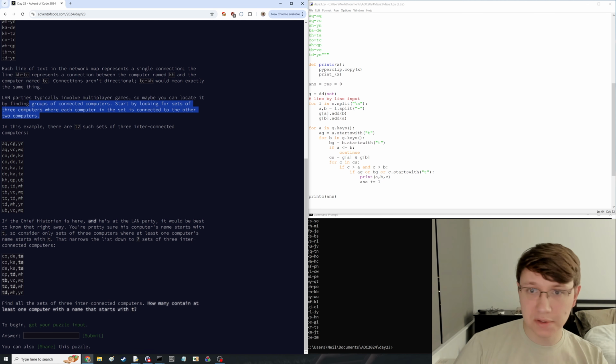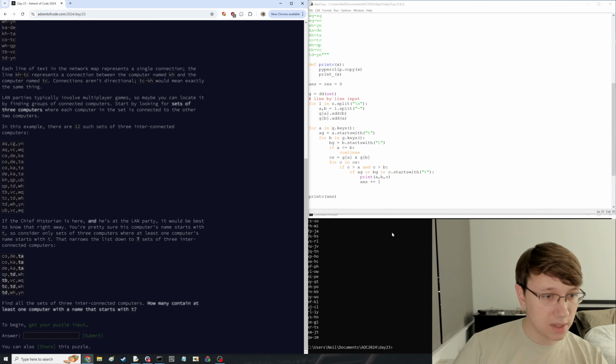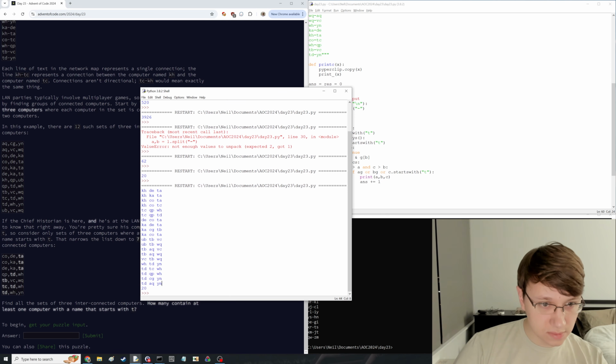Each computer is connected to the other 2 computers. These are adjacencies. They're bidirectional. What did I do wrong? What? Where did my thing go? There it is. I could just throw them all in a set, like order them, but I don't think I have dupes here. I just think that